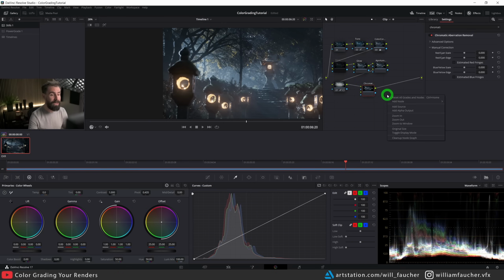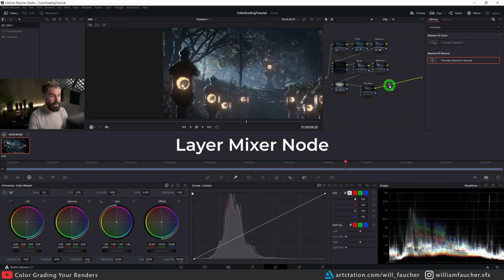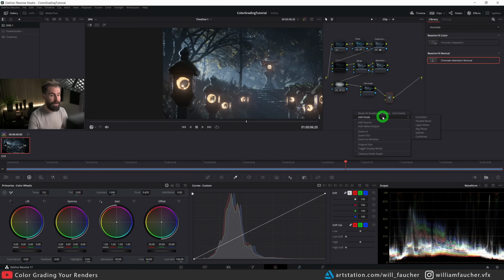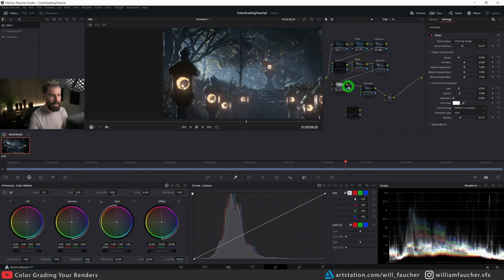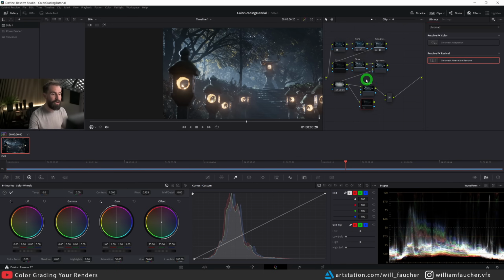Next, we're going to right click, add node, add layer mixer, like that. And we're going to right click again, add node, add a corrector. And a corrector is really just another default standard color grading node. We're going to plug this one here. We're going to place it underneath the chromatic aberration, and we're going to plug this one into the bottom one